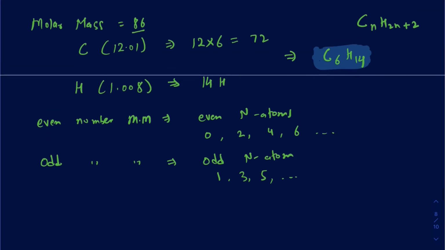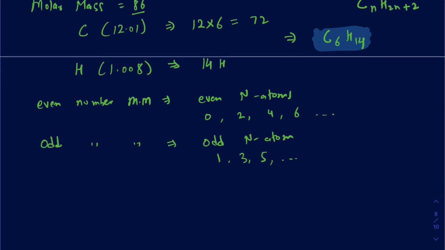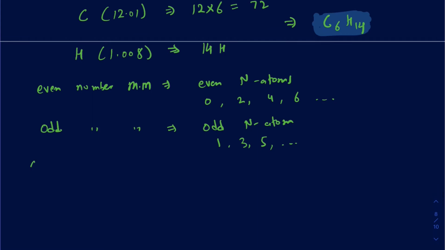So I could have either 0 nitrogen, so that gives you C6H14, or I could have 2 nitrogens. And I don't know how many nitrogens I really have, but I'm just exploring the different possibilities of these formulas. So suppose I have 0 nitrogen atoms, then the formula should have been C6H14. But now, what if I have 2 nitrogen atoms? Remember, I can't really have an odd number of nitrogen atoms because it's an even molar mass. So if I have two nitrogen atoms, then one nitrogen atom is 14. So to incorporate 2 nitrogen atoms into this formula,